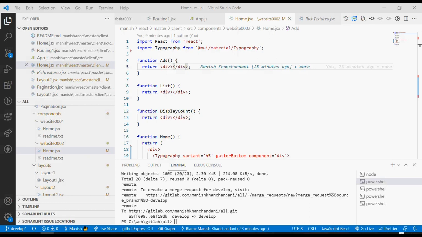Not Rakesh has done. Okay, let's see the Ashok Kumar one. Ashok Kumar has only put the import statement. Okay, that is not okay. Then you have added the add also. Okay, Rakesh has added. Okay, so